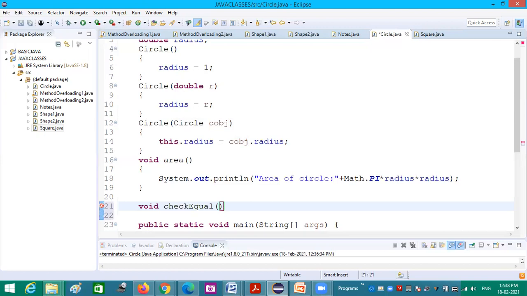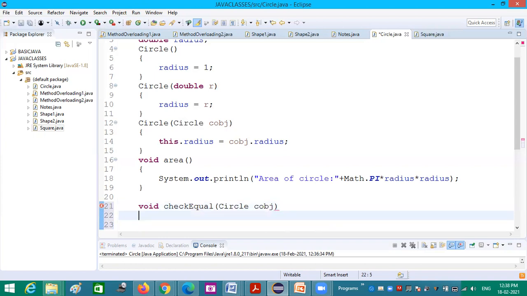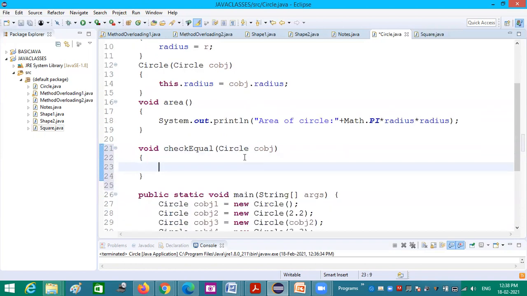For this also, an object is to be passed as an argument. So Circle COBJ. Inside that, I am writing code for checking whether both are equal or not. I can print the result directly, or I can return the result true or false back to the main program.